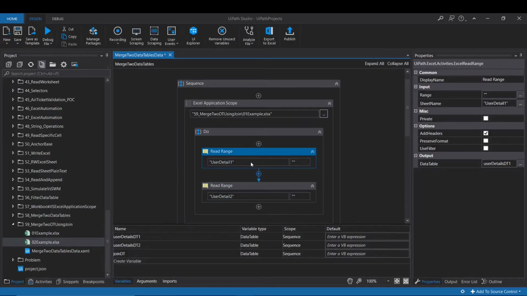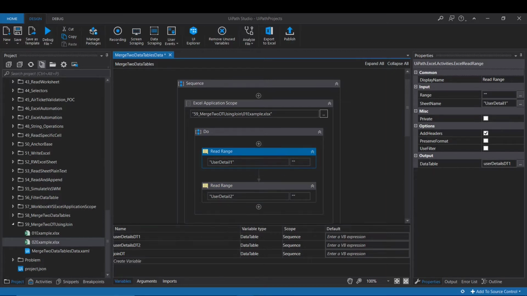For both activities, whatever data they read from the Excel sheet, we are storing into the variable user details dt1, and for the second sheet user details dt2. You can see that the output type is data table type, so we have created variables of data table type.